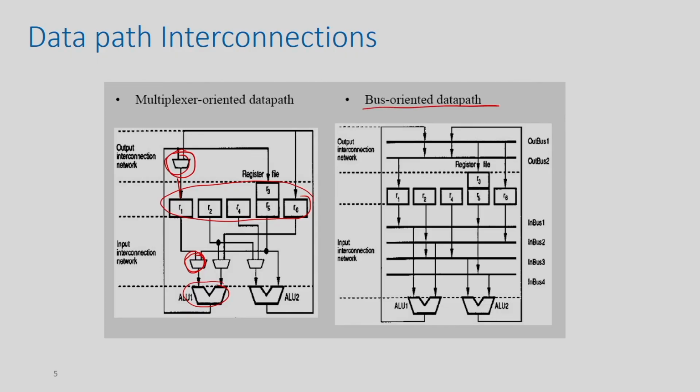Okay. The alternative architecture is called bus based architecture. In the bus based architecture, we are not making any multiplexers. So what we are doing? We are taking a fixed set of buses, and with the buses we are going to connect the registers and the FUs based on the connections. So basically if in one bus I connect say R1, there will be a switch here, so that if the switch is on, this bus will take the data. And say I have also connected R6 to this bus 1.